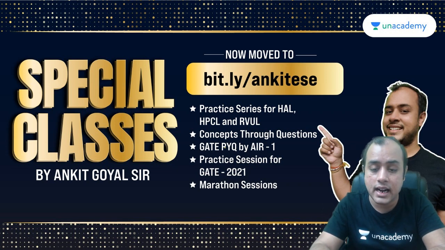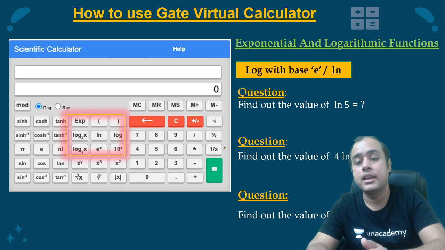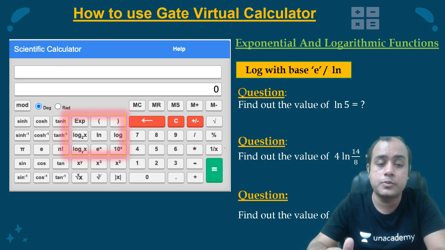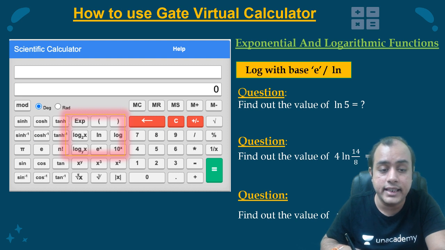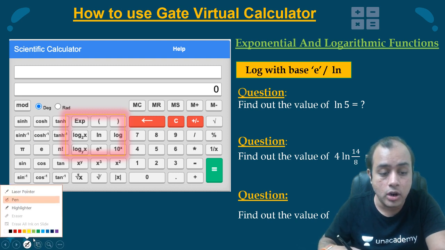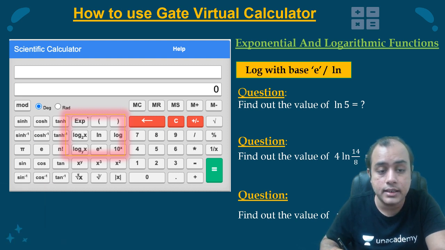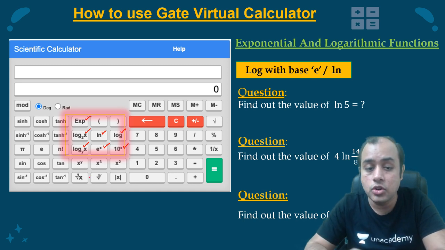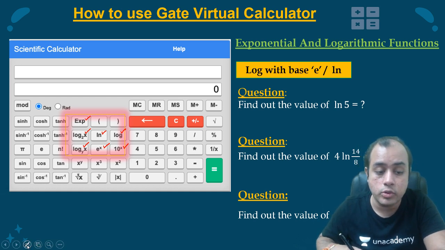So let's get started. We need to evaluate the log expression and the exponential. So we'll be talking about these things. We will be talking about the exponential part, log on a base of 2, log on a base of y, exponential x, natural log, log on a base of 10, 10 to the power x. So how do we do these things? One by one, let us take these as questions.